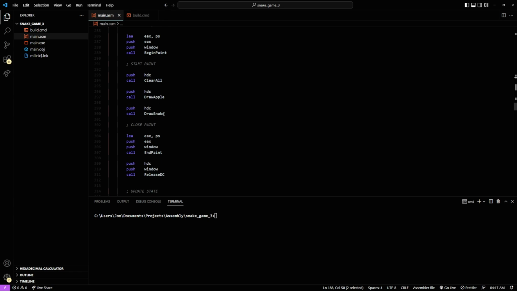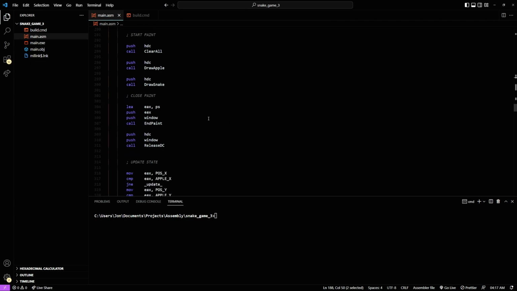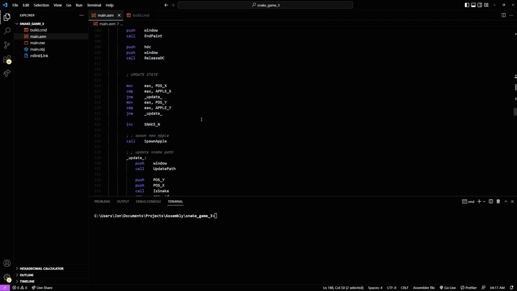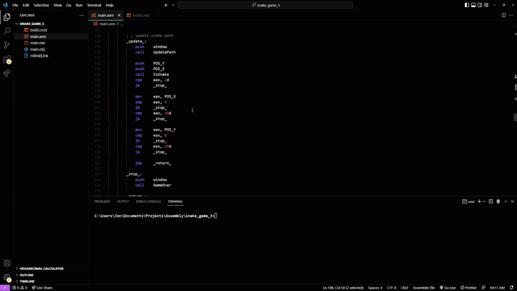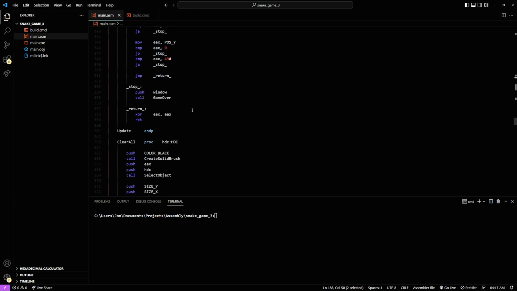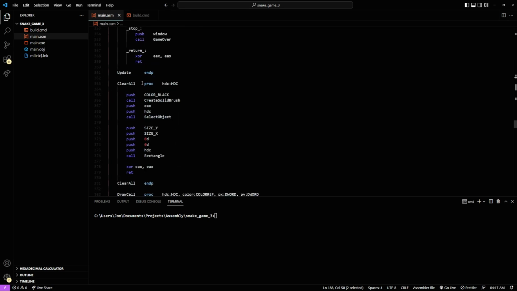I separated the code to make it less messy, even though it does already look pretty messy. Inside the update, the clear all is basically going to color the entire window black,